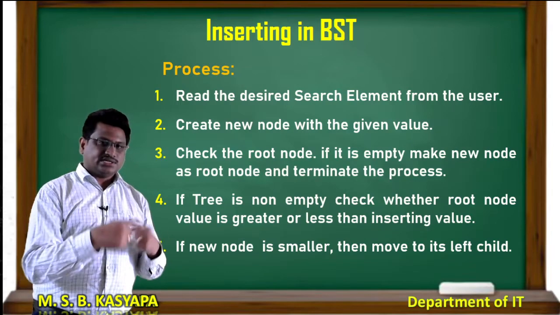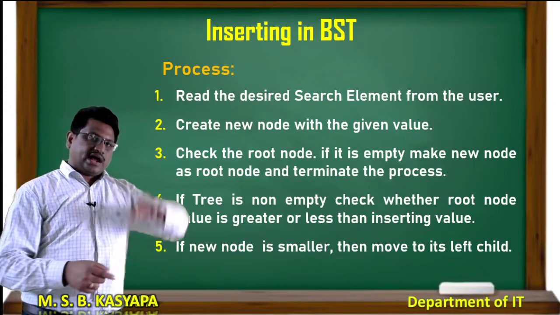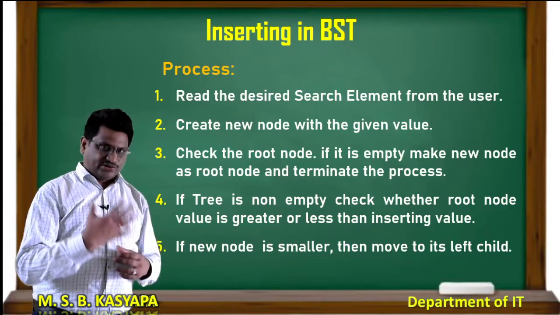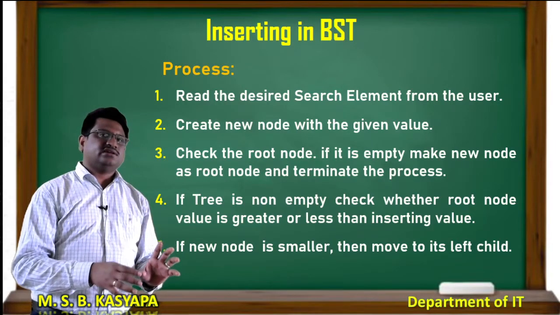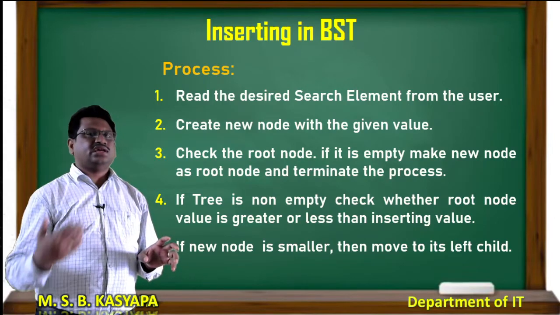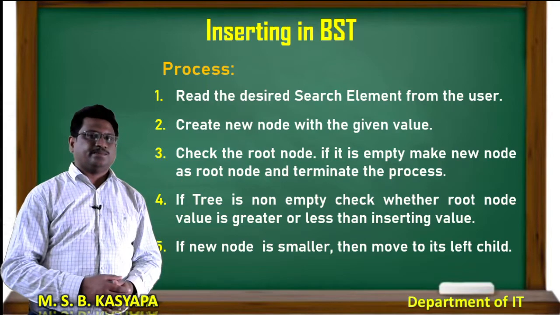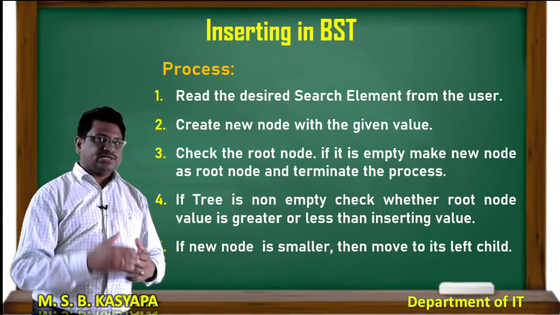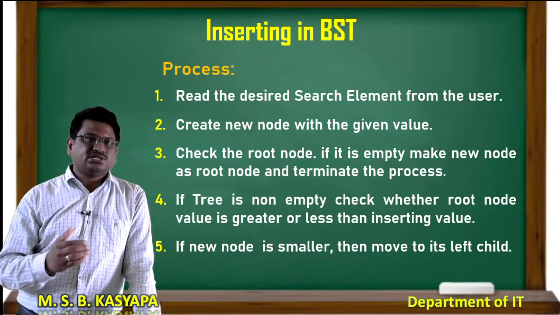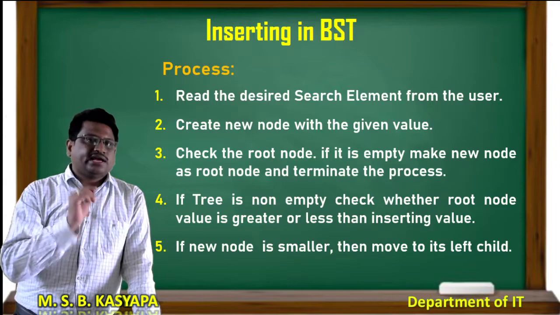This checking process, whether to go left or right, I have to repeat until I find a leaf node in a particular path. If I find the leaf node, I check whether the inserted value is greater or less than it. If it is greater, I insert it as the right child of that leaf node. If it is less, I insert it as the left child. Okay. So in the insertion process for a BST, I have to use the searching process.